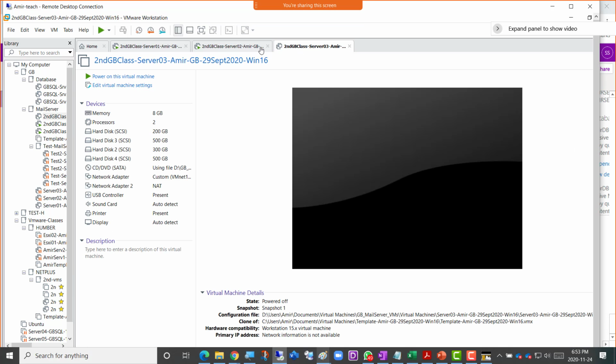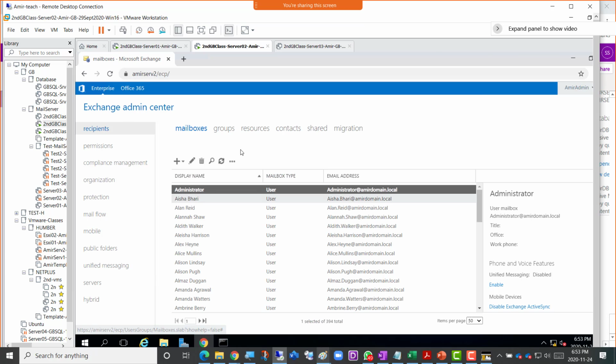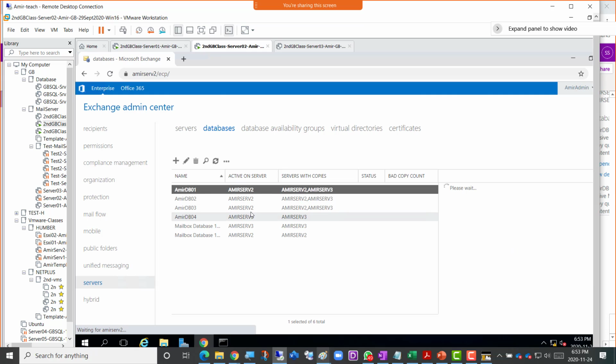It's gone, it's powered off, and I'll go back to server 2 here where I need to refresh this, right? So as soon as I refresh, it is still trying to detect whether that is happening or not. So we keep on refreshing, or sometimes it does not. Oh, there you go. So it's already on server 2. Oh, again, I did a browser-based refresh. I'll go to the server side, go to databases, and now it is on server 2 automatically,